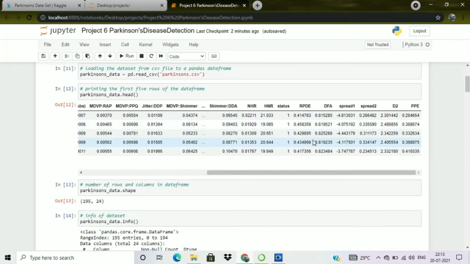So you can see that there is a wide range of values here, and we cannot use these values directly. We have to do some kind of standardization to make these values fall into a particular range. The complete data frame should be of a particular range only; it should not be a very wide range. I hope you have understood why we are importing the StandardScaler function here.